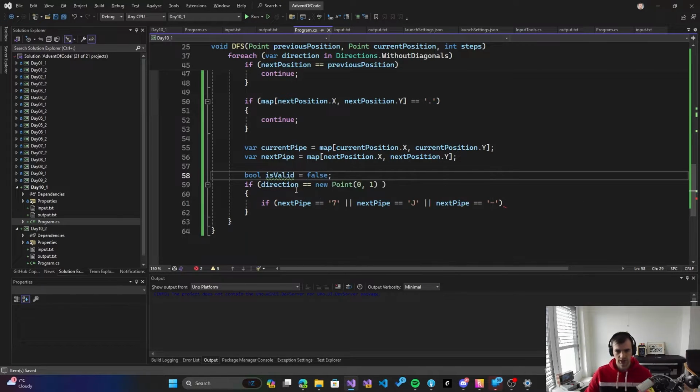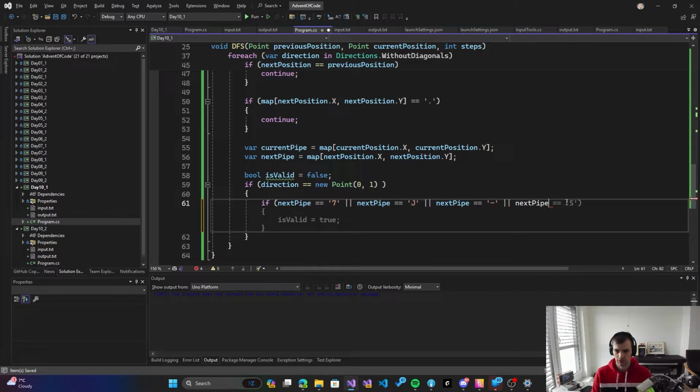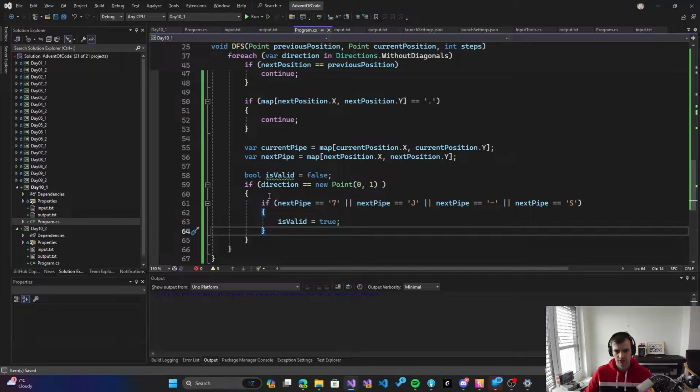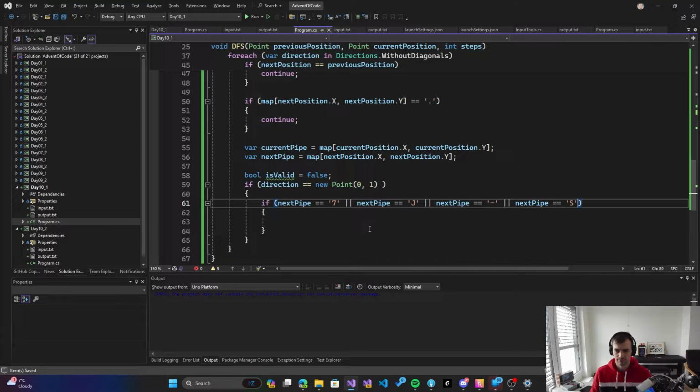So let's start this valid false. So it can be all of these, and it can also be S, like next pipe equals S. So in these cases, the next pipe is valid. So next pipe is valid. So it must be one of these options, and